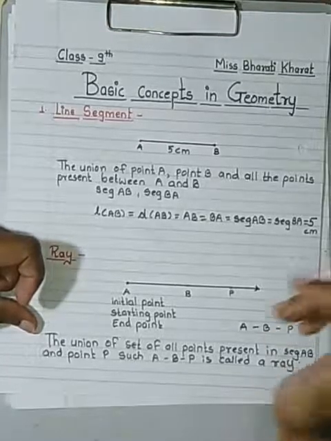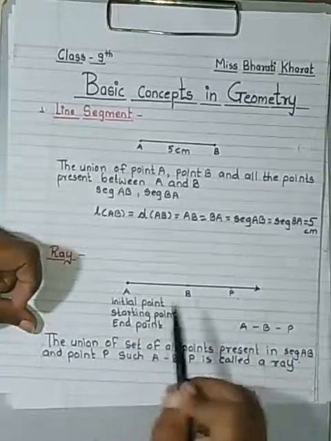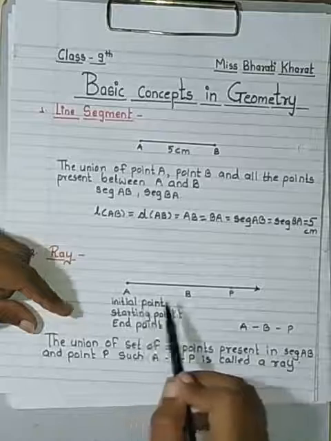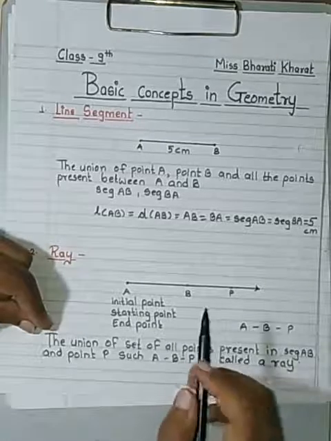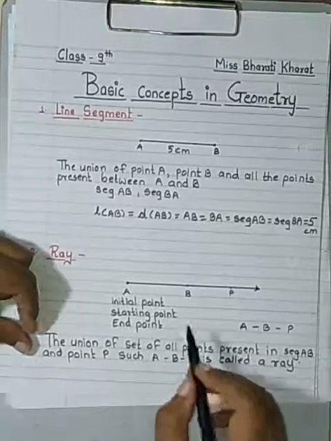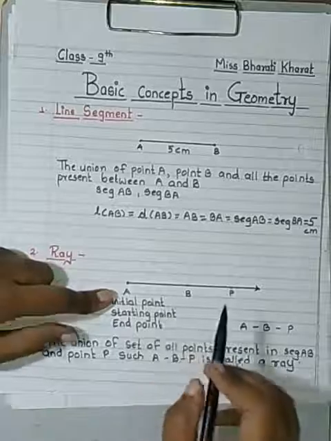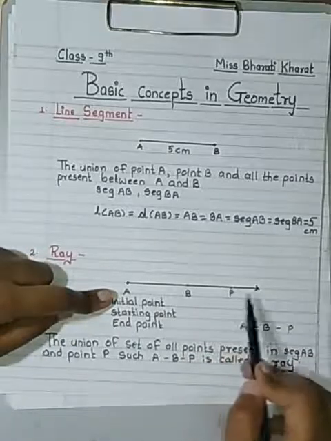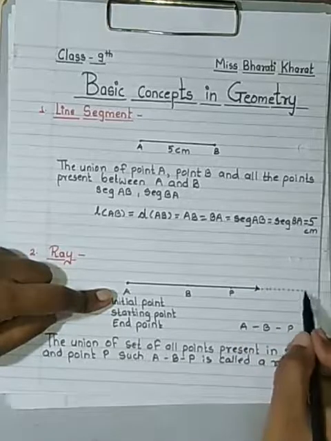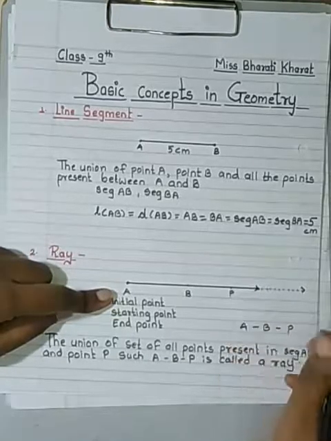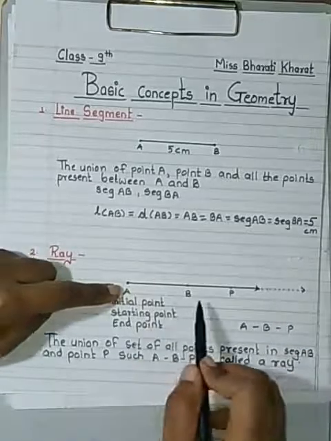Now here you can see A, B, C are collinear. A, B, P are collinear. That means a single line passes through these 3 points. In the textbook they have called it ray AB. Even though point P is over here, they have named this ray as ray AB. If you see, this ray is extending in one direction. That means a number of points like P are present on the ray. Therefore, in order to read the name of the ray, they have given ray AB.